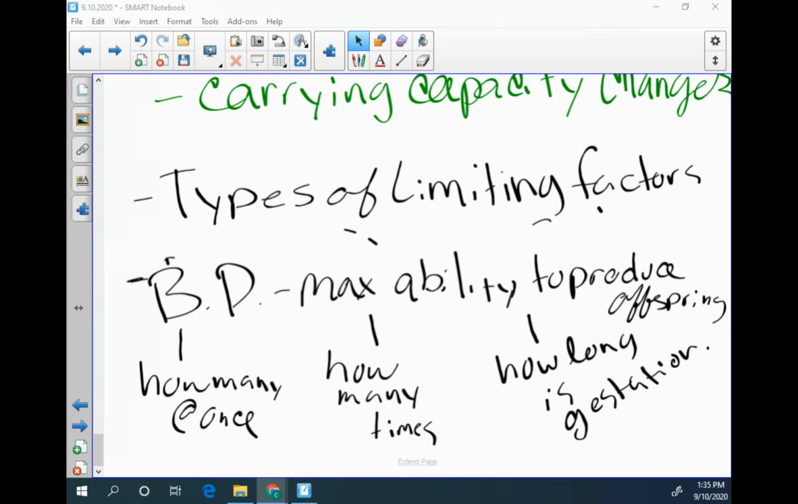I just dropped my mouse underneath my desk. All right, so